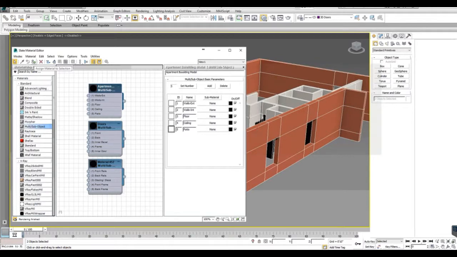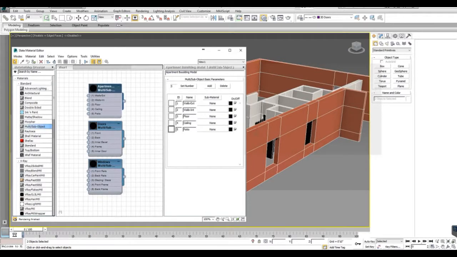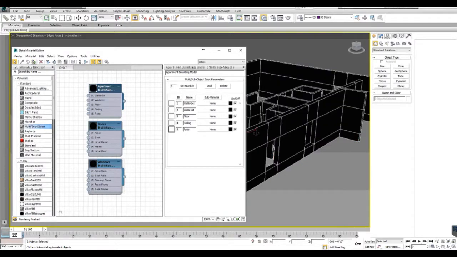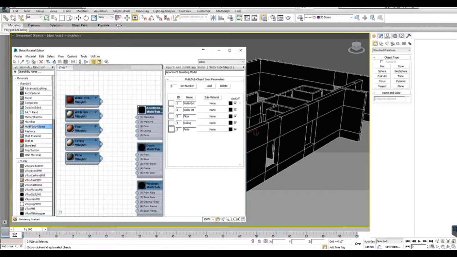Now make sure that your multi-sub, oh look at that, I did not name those. So let's see, we're going to say windows. Now going back to the apartment building, double click on that material, and then click on assign material to selection. There we go. Now, remember when we made those other materials, just to keep things consistent with having an actual material in there, let's go ahead